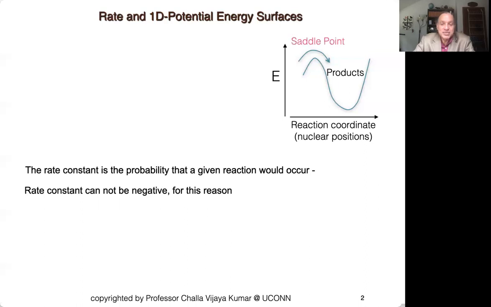That's the point. So the highest point that the reactants pass over to give products is, by definition, the saddle point. It's like a saddle on a horse, and you sit on the horse. The highest point on the horse is your saddle point for sitting. Of course, the head is higher than this, but for whatever reason, somebody introduced this into physical chemistry, saying that this highest point in energy is a saddle point, and